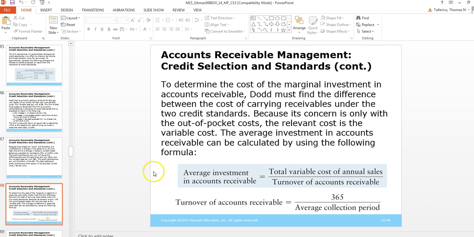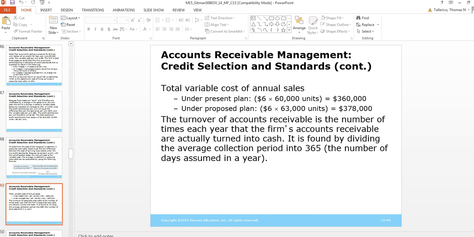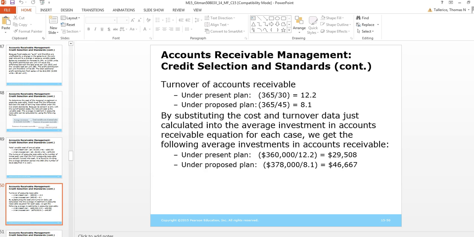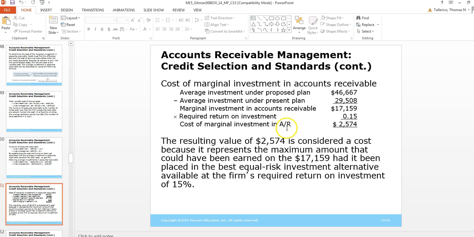All right, so here's your average, and here's an important ratio that you might have seen in Chapter 3, if you remember, from Business 330, unless you used another text. I always reference my Gitman text here, but you should know some of these. So the turnover of accounts receivable is there. And here's a present and proposed plan for managing accounts receivable. And after we go through all that math with the proposed and present plan, the additional cost of marginal investment in accounts receivable is